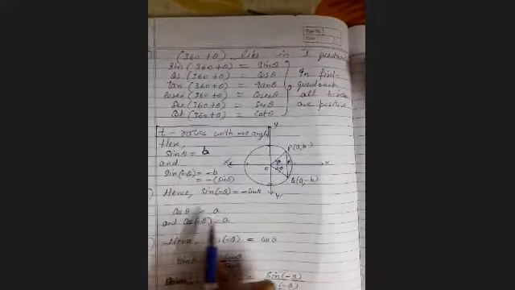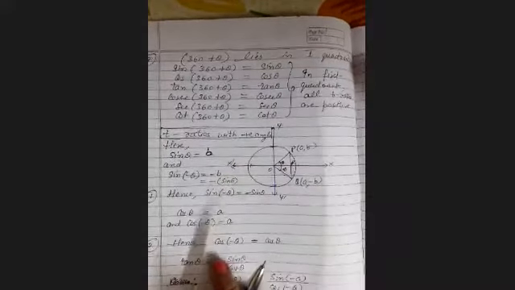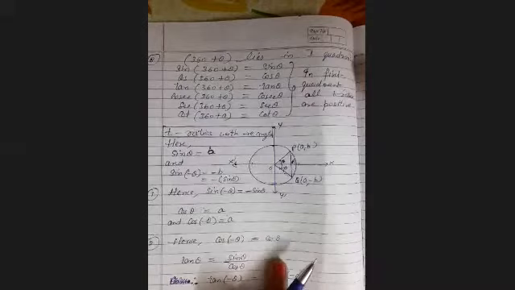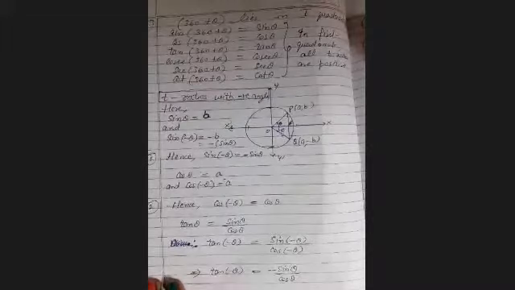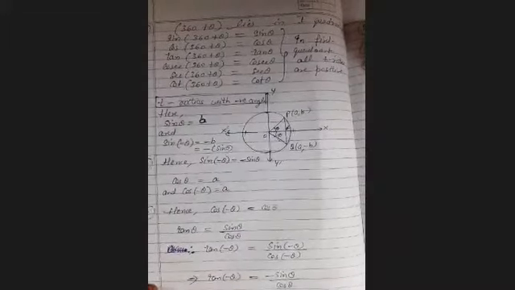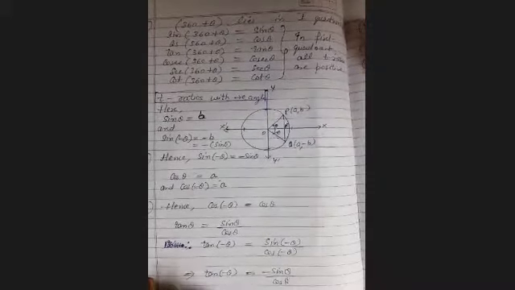And cos theta is a in the upper triangle, and in this triangle cos of minus theta is again a, because x is positive in both of them. That's why cos of minus theta is cos theta. As we have sine of minus theta as minus sine theta and cos of minus theta as cos theta, we can find tan theta, that is sine theta upon cos theta. Tan of minus theta is sine of minus theta upon cos of minus theta, so tan of minus theta is minus tan theta.